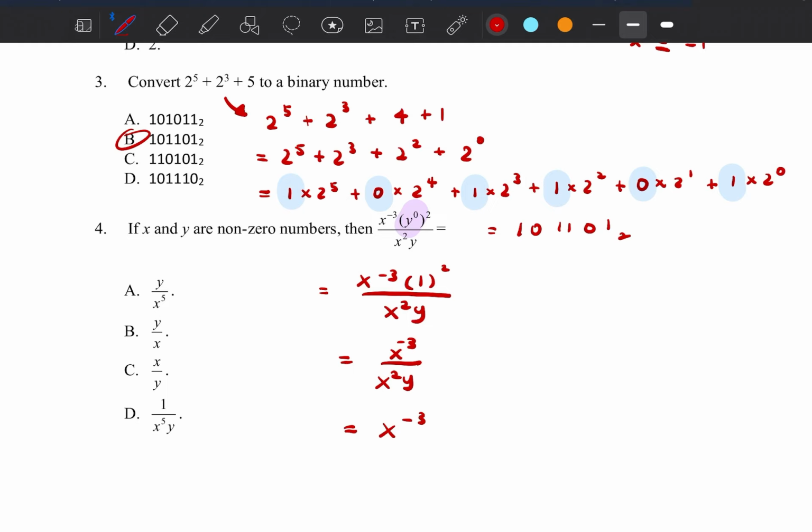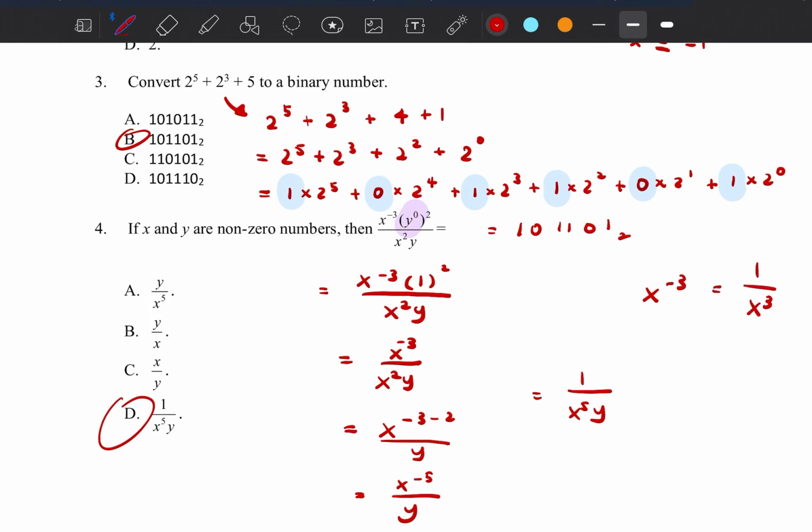Okay, so you got minus 3, and you can either change it to the fractions to the bottom, or what you can do is, this is actually division, you just do minus 2 and then do y, and then you get x minus 5 and then y, and therefore it will be 1 and then x5 to the power of y. Okay, so you can do that and you'll find that the answer is D. So for the ones who forgot, this is actually equals to this, and then y to the power of 0